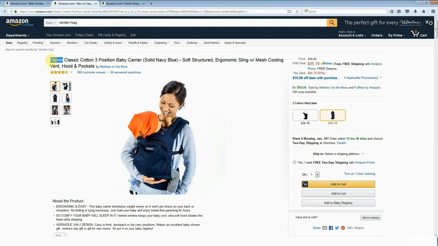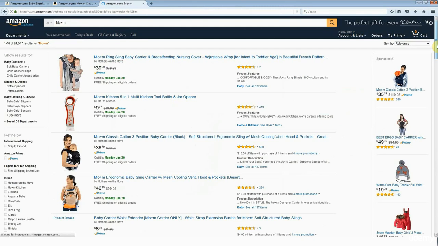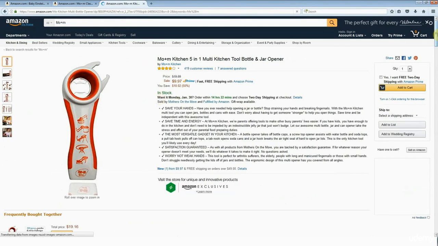If we go up to the search bar and do a search for MO plus M, what we can see is that this seller has a variety of products in this category, and every single one of them, I'll just click on one here to show you again, every single one of them is being sold uniquely by this seller. They have the buy box on these listings 100% of the time.